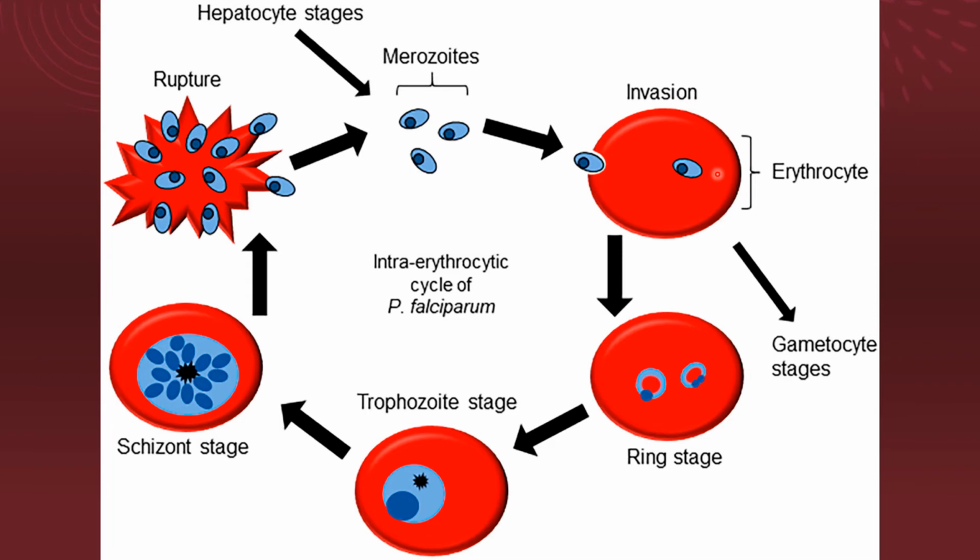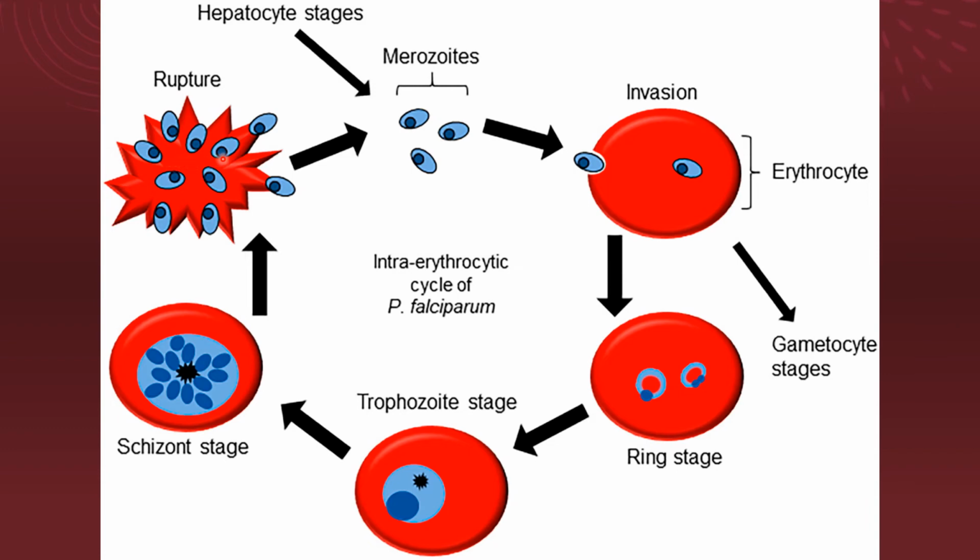Within the erythrocyte, the parasite will later develop into its ring stage. After the ring stage, it will become a trophozoite, and the trophozoite will undergo schizogony. During the schizont stage, the nuclei will divide several times mitotically, and it will later develop into new merozoites. The mature merozoites will rupture the RBC and will be released in the bloodstream, ready to invade new cells and